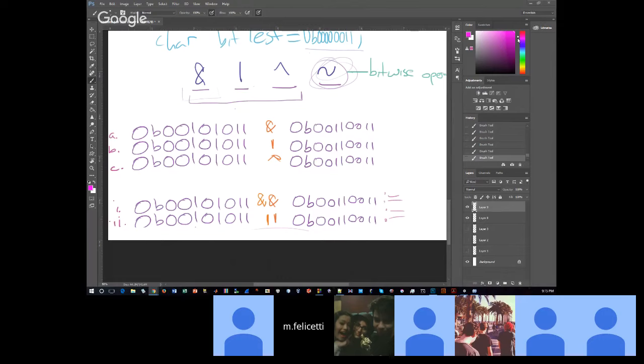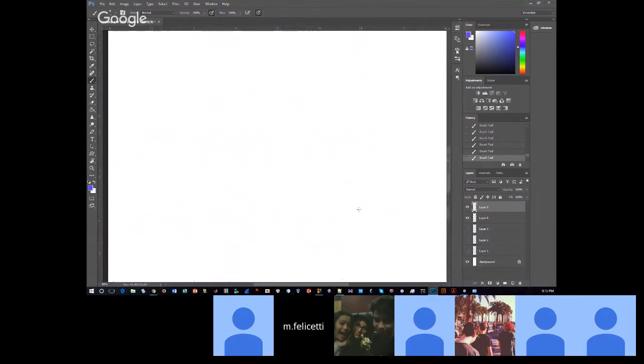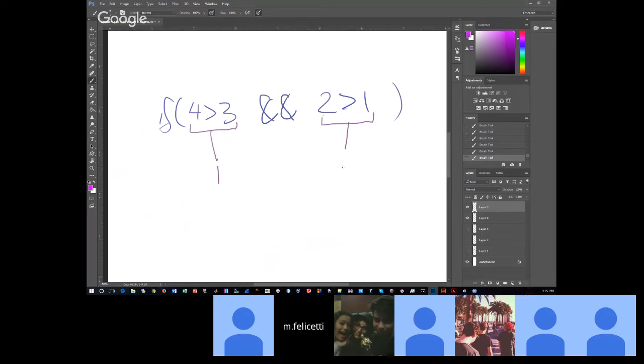Okay, so they both evaluate to 1. The reason being is, let's go back a step. If 4 is greater than 3 and 2 is greater than 1, the first two things that are evaluated are these. Everything is represented as a number. 4 is greater than 3 evaluates to a 1. 2 is greater than 1 evaluates to a 1. 1 and 1